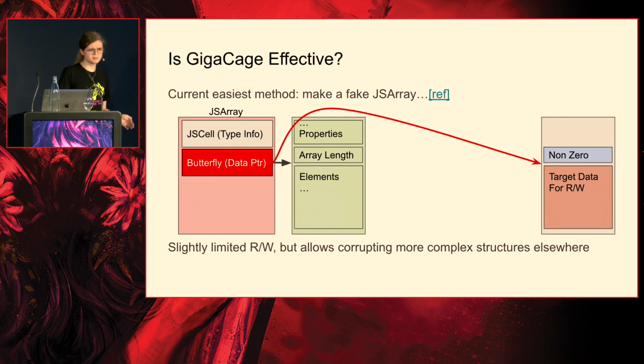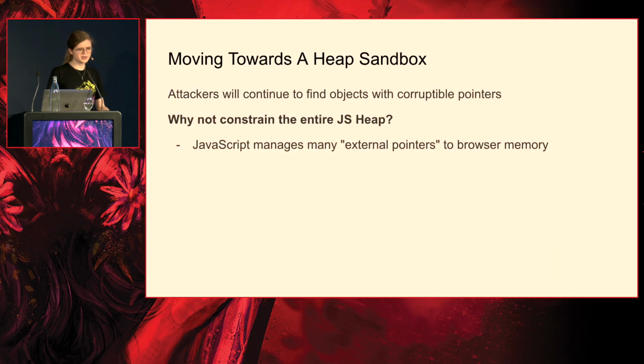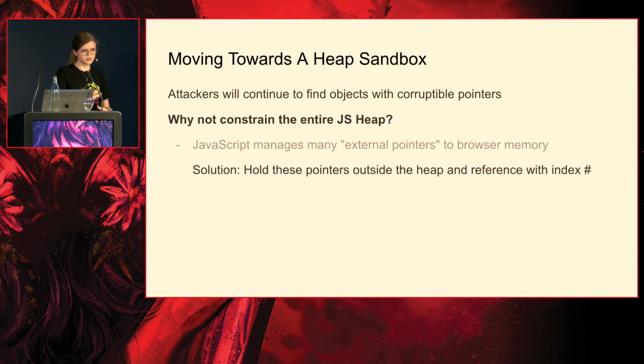So GigaCage doesn't seem like the best right now. Maybe they could put a lot of effort into it, but when you think about what's really required, you're going to start finding that you need to make sure all the pointers in your heap are protected by a cage in some way. And part of the problem with this is there's a lot of external pointers that go to other things. Like I mentioned, the web APIs, the DOM, all kinds of metadata pointers. These would also have to be caged or removed from the heap. So if you were looking towards making this mitigation better, you'd probably want to first remove all of those pointers that don't point to the JavaScript heap, put them somewhere outside, and then give JavaScript a way to